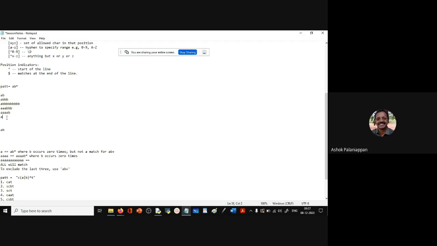So B is occurring exactly 0 times when I say A. So therefore it matches the pattern because the pattern says B should occur 0 or more times. Okay. Now suppose I say AB star. All right. So what all do you think will match here?